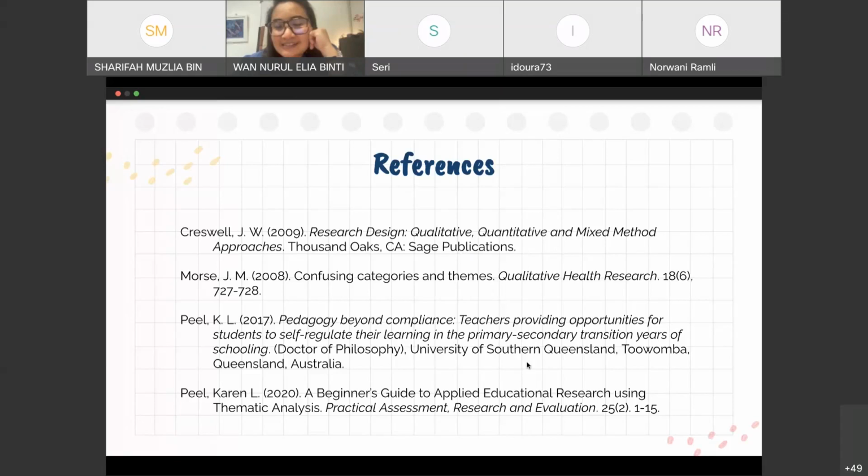I hope this is not supposed to prepare you fully for your qualitative data analysis, but I do hope I've given you some insight on what it takes to undertake qualitative research. It's a lot of work, but you will feel satisfied with what you have done. So that's what I have to say about qualitative research.